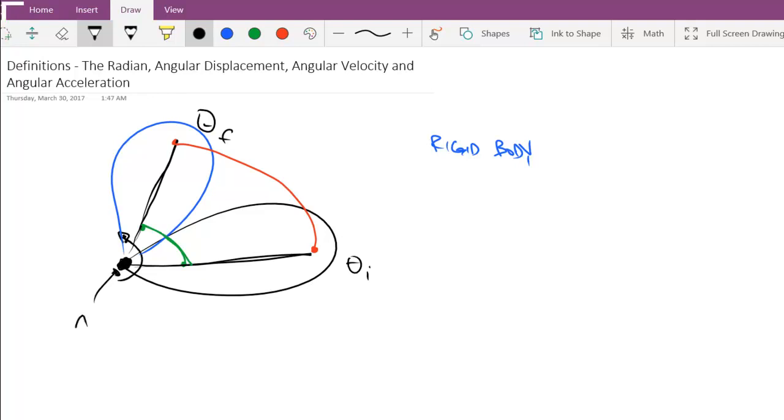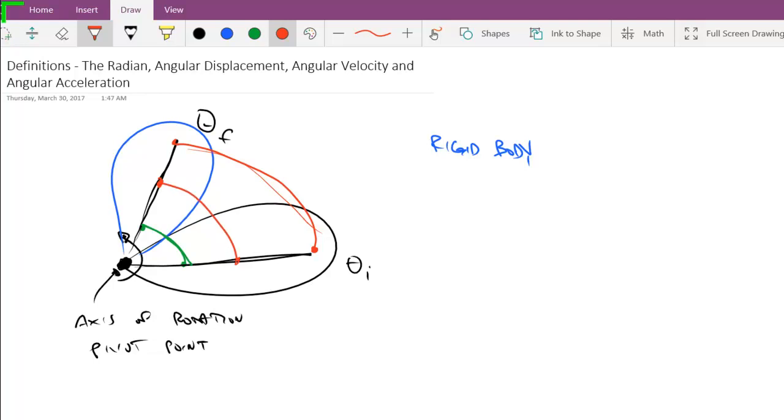So we'll call this axis of rotation, or pivot point. And because the red point is so much farther from the axis of rotation, it travels a lot farther. So it becomes very difficult to talk about a linear displacement, because clearly the red one went farther than the green one,